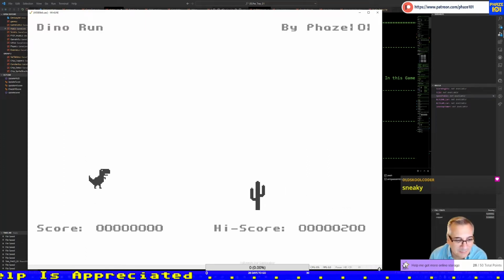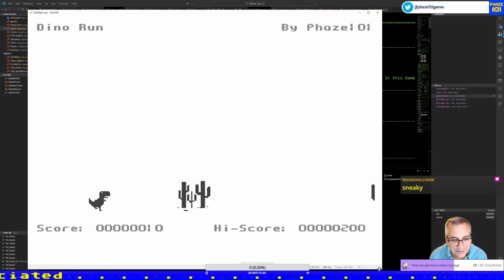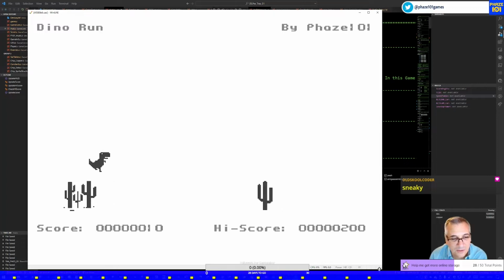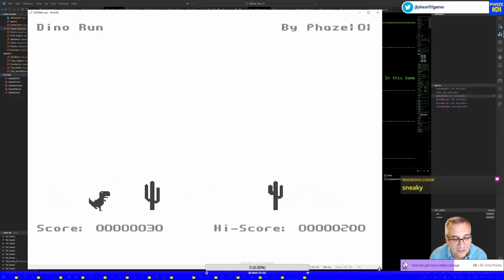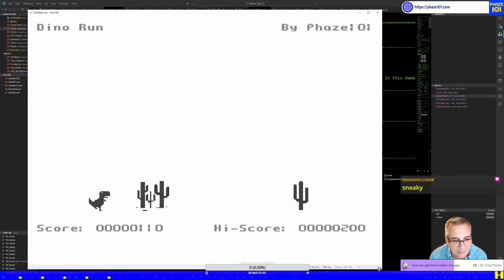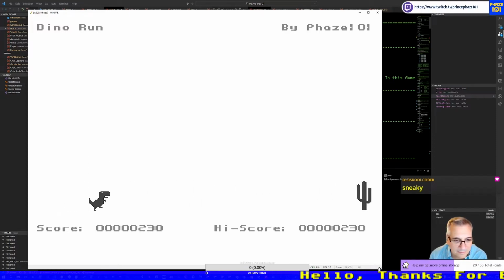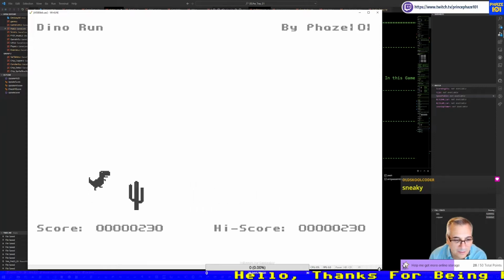But you see, the bug is persisting. So that bug is not only in the intro screen, it is also in the game. So there must be some variable that I'm not setting.